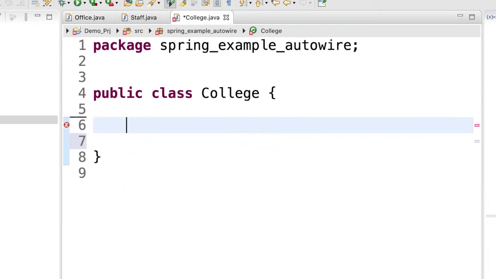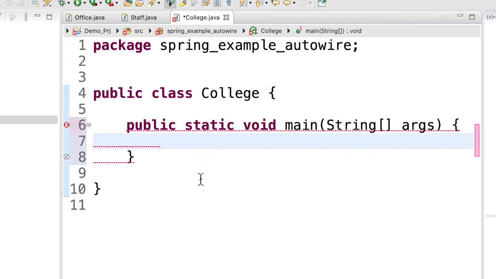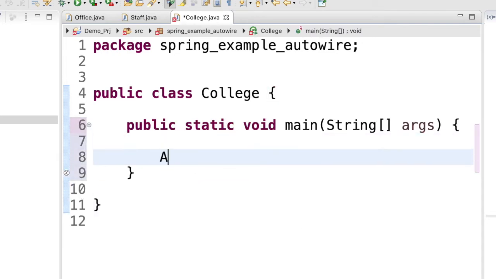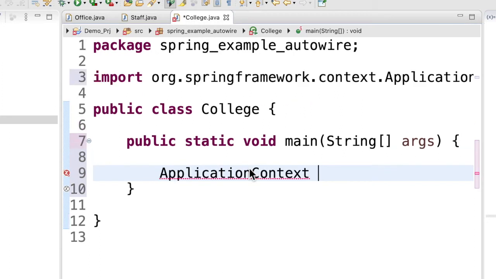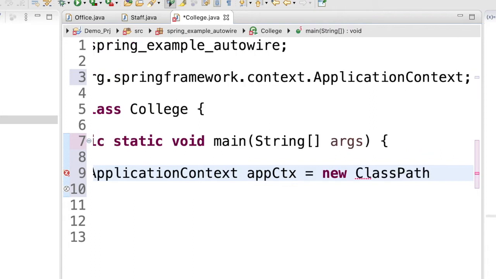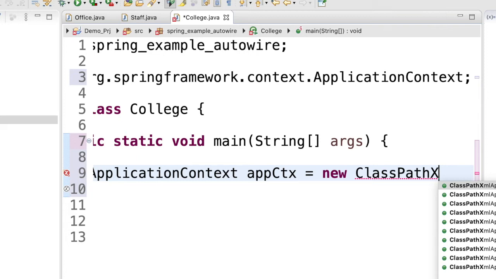So next what will I do? I will go and write my main method in college.java. In this main method I will create an object of application context, and the implementation of application context, if you remember, is ClassPathXmlApplicationContext.